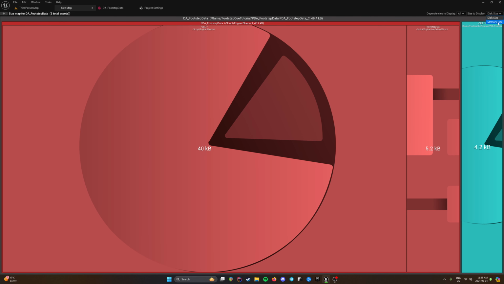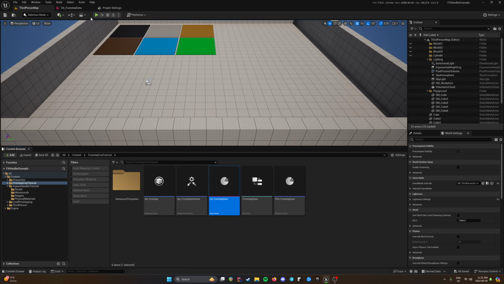So they're really small. They're really good for encapsulation, but you don't want to store hard references in them. You basically just want to use them for variables, soft references, that kind of stuff. And then inside of here, you can't obviously see it, but that's where you can call that getter function to get the physical surface type from that. So the next part of this is going to be